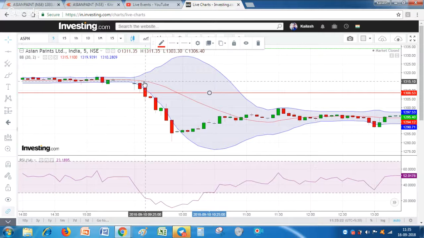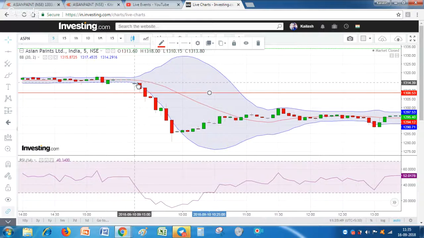We could say we can keep a stop loss of 7 rupees, and we can expect a target of 1%. For intraday, the best target is 1% of the stock. But yes, we should catch it at the right time. Don't expect that we are selling here and then expect 1%, or selling anywhere and expecting 1%. No, we have to sell at the right time, and if we are not able to get the right time, we should avoid the trade.